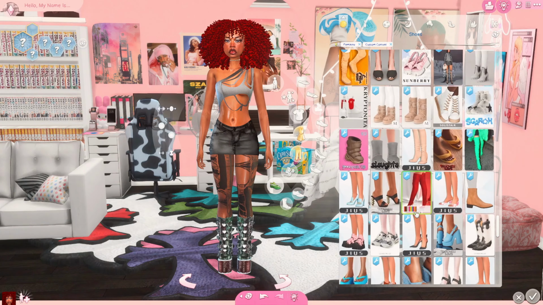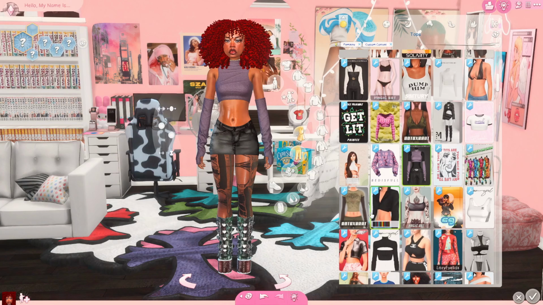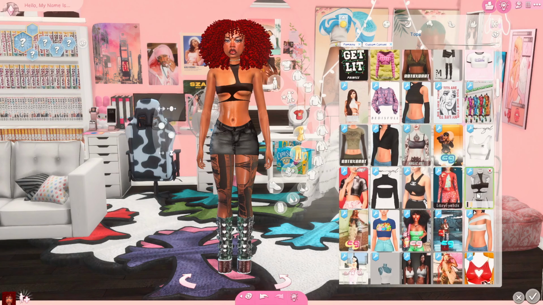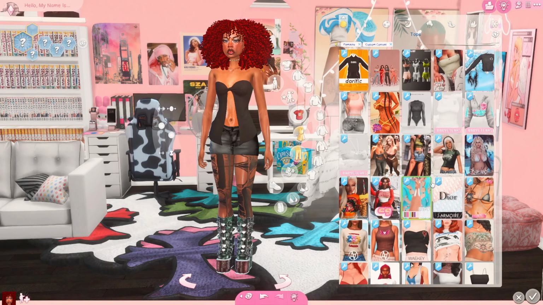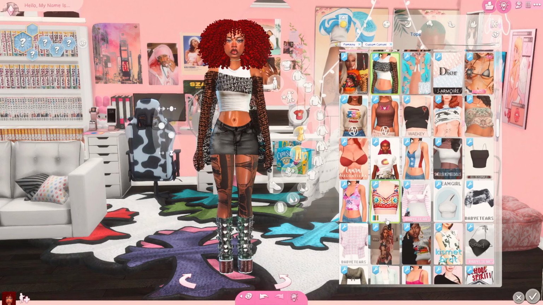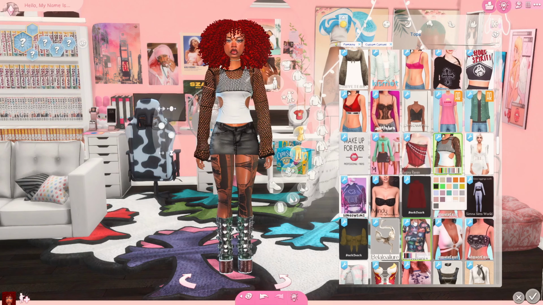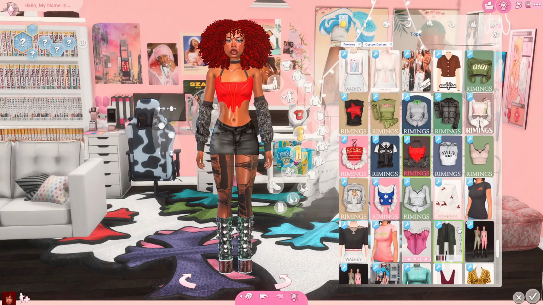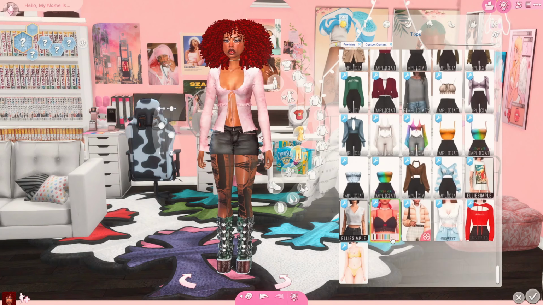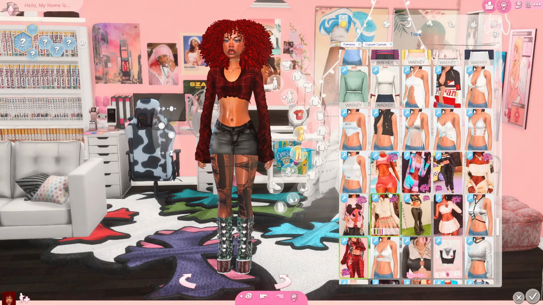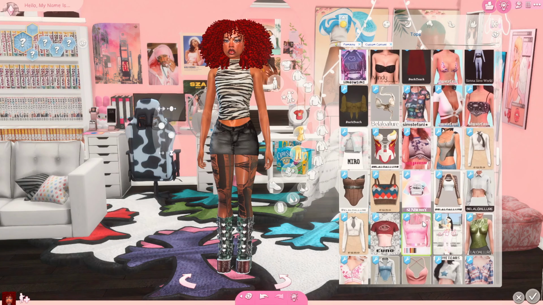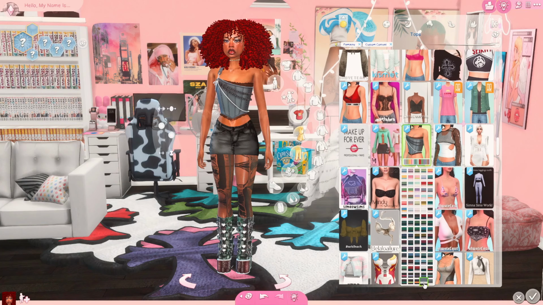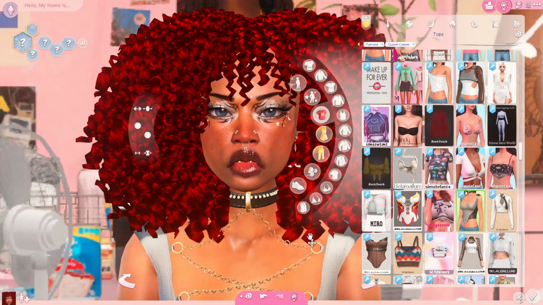to tie everything together. I feel like the hardest part of finding the outfit to go with a gothic style was the top, because I wasn't really sure if it was gothic or something else. But other than that, finding an outfit for this challenge was really fun. Trying out different colorways and different patterns and just different combinations that I wouldn't normally try was really satisfying to experience and play with. I haven't even named this sim yet or even sure if I'm going to actually play with this,